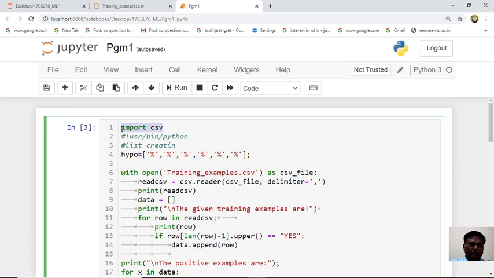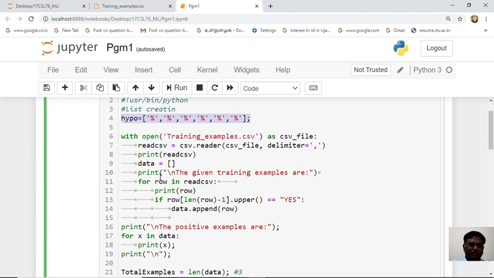First we are importing the CSV file. This is the training_examples CSV file. We have typed the data. So we are initializing the hypothesis. Before starting it is null, all the values are null. This statement will open your input data file, training_examples.csv, as this variable.